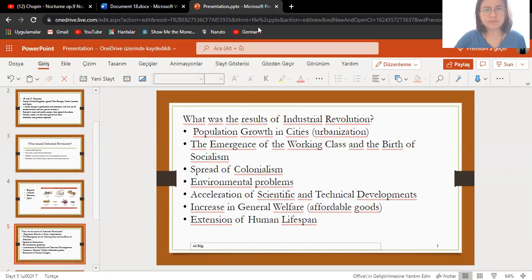The other question, let me check the time. Okay. What was the result of the Industrial Revolution? Population growth in cities, let's say urbanization. At that time, most of the population was farmers, and then those farmers moved to big cities, and in those big cities there was a huge human power. There was a huge worker part, and with the beginning of the Industrial Revolution,